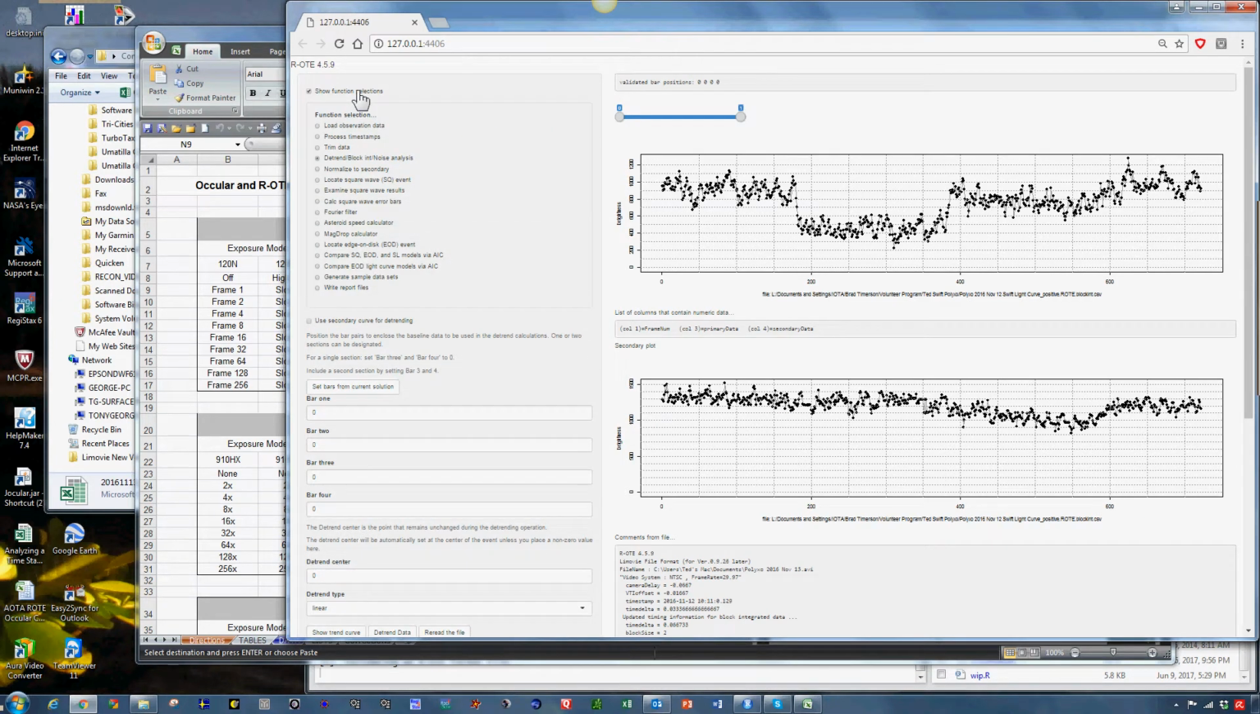Now, our next step is that our light curve is not nice and flat in the baseline because we had some sort of atmospheric extinction affecting our data. So we're going to take this regular light curve and normalize it to the secondary light curve. So we're going to go to the menu item, normalize to secondary,